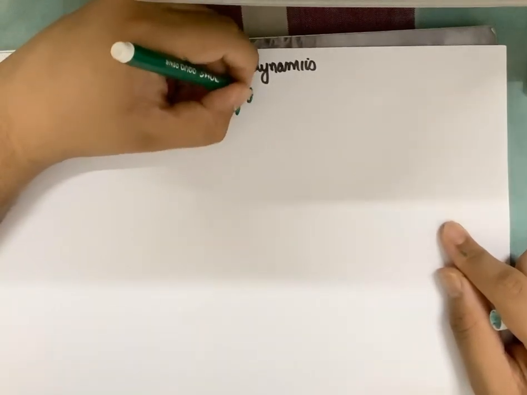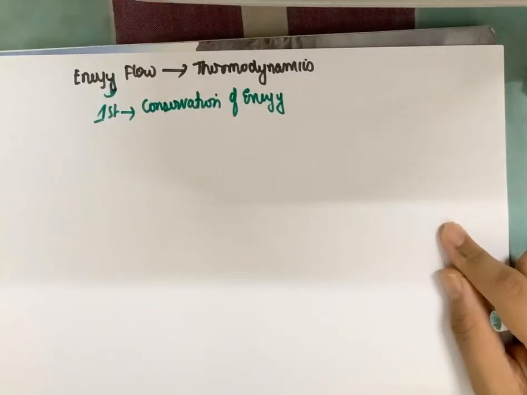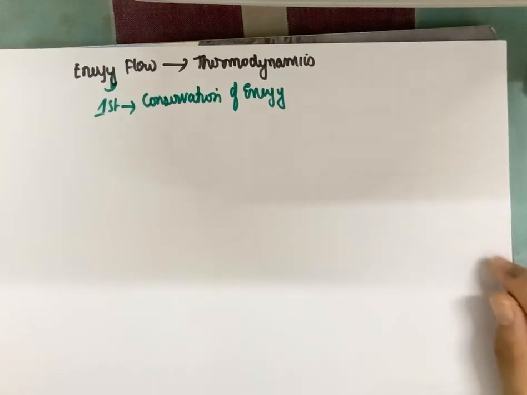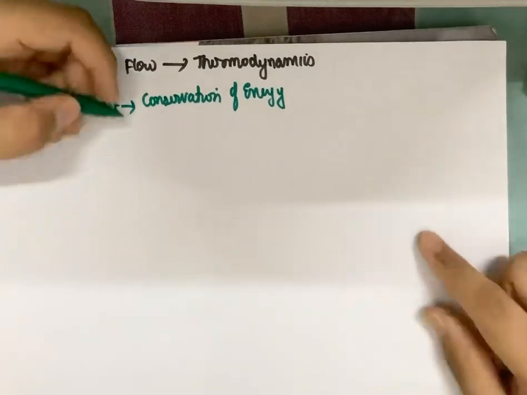Conservation of energy. This is the first law of thermodynamics. Energy flow is consistent with this first law of thermodynamics completely. How? Energy is neither created in the ecosystem, nor destroyed. Of the amount of energy which is captured, 10% flows and the rest of it is lost as heat. There is no addition or subtraction of energy.